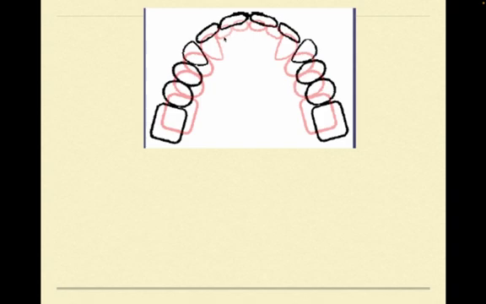Let me explain this to you. The black color here in this photograph represents the maxilla, while the purple or pink color represents the mandible. As you can see, the mandible is almost triangular in shape, with the widest part being posterior. If the patient has a class 3, it means that the mandible is in a more forward